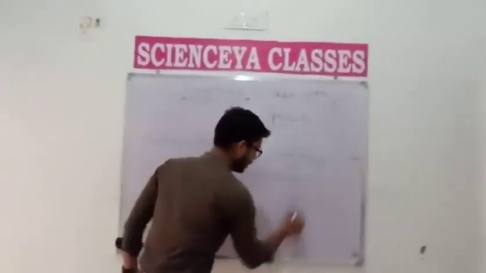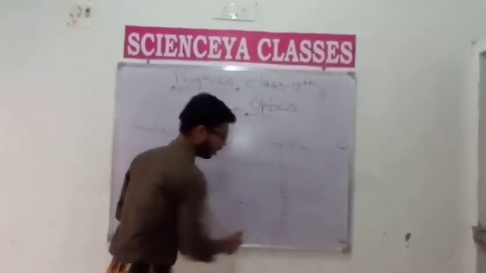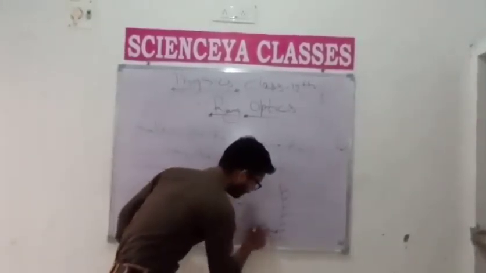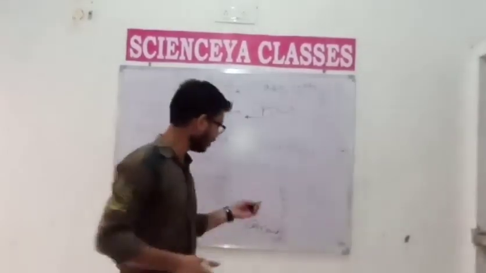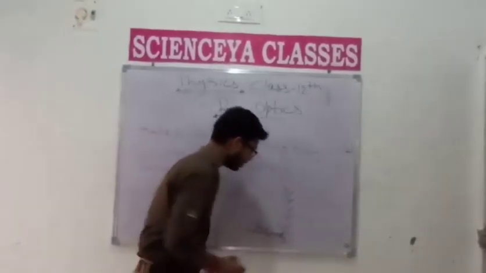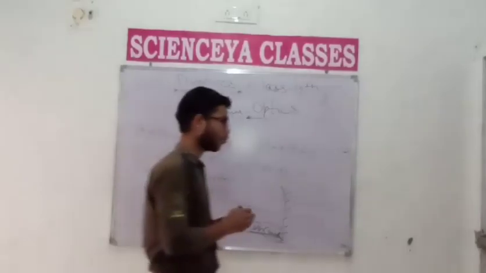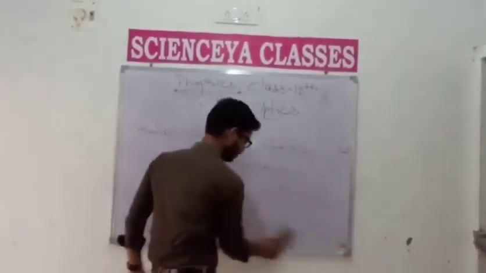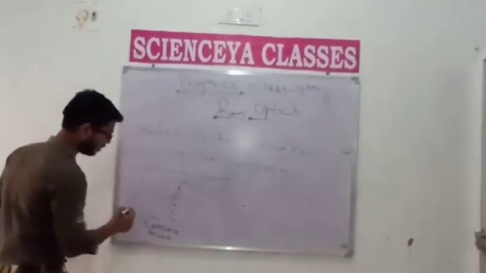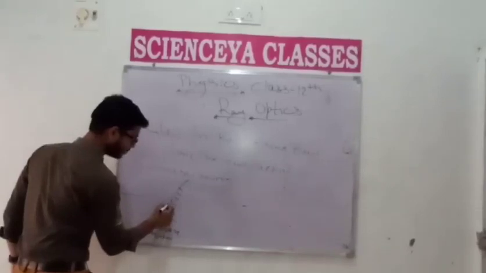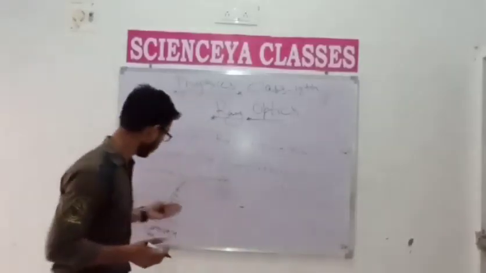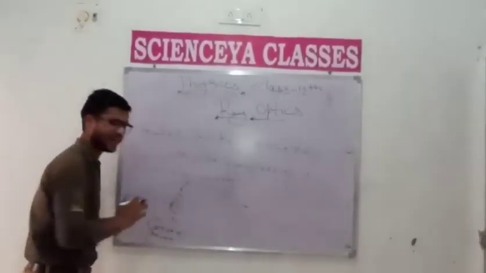Let us concentrate here. This is a concave mirror, and here student, cave refers to a deeper side. So you note down that this is a deeper side, a cave. You must learn it simply. This is concave and its opposite is convex. Students generally get confused between concave and convex. So this is a convex mirror and this is the principal axis. All the definitions that we use for a concave mirror are similar for a convex mirror. Only the reflective surface is changed.